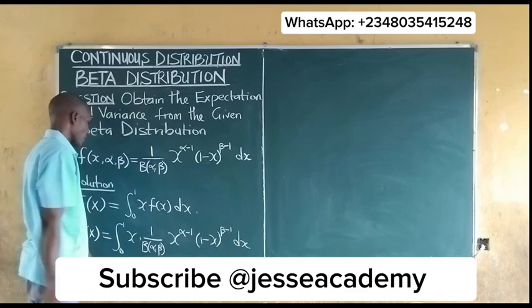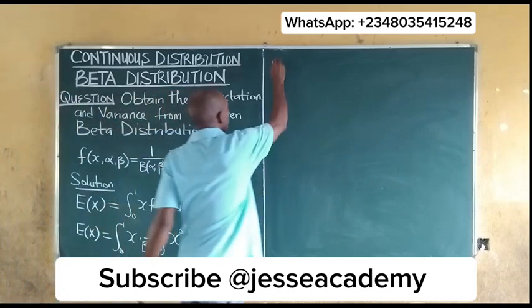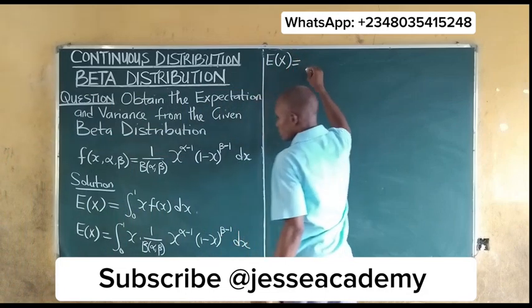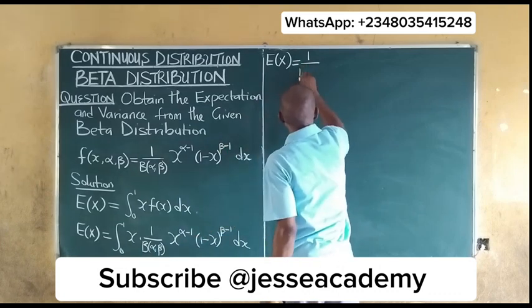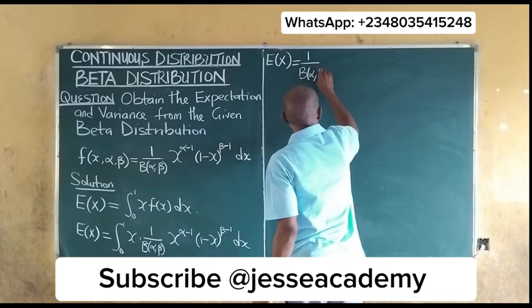So this is what we get. The next thing to do is to rearrange this. If we rearrange this, our expected value of x will be equal to, we bring this function out, which is 1 over B(alpha, beta)